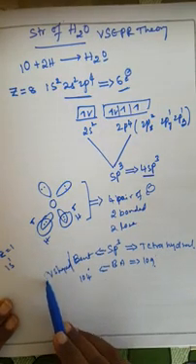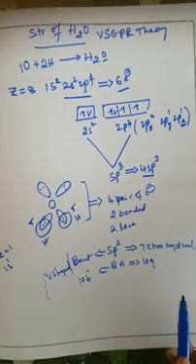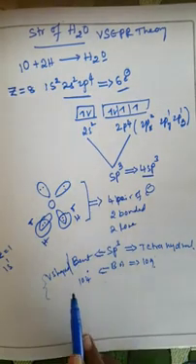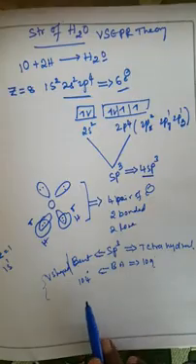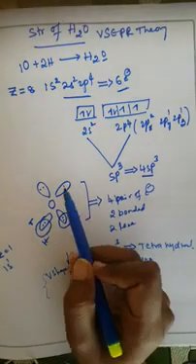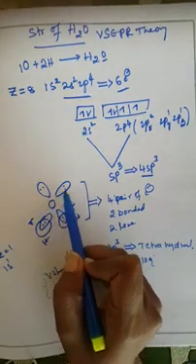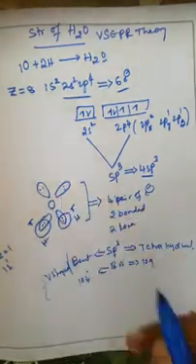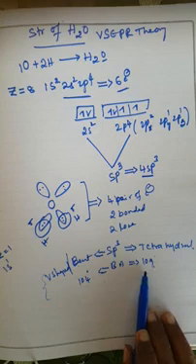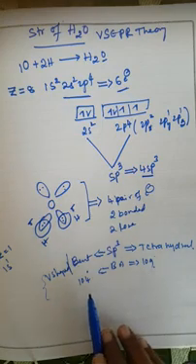So this distortion of the structure, changing from tetrahedral to V-shaped and reducing the bond angle from 109 to 104 degrees, is due to the presence of lone pairs of electrons in the water molecule. Due to these lone pairs of electrons, the bond angle is reduced from 109 to 104 degrees.